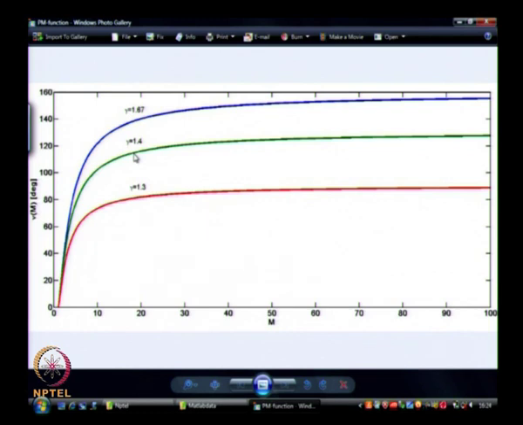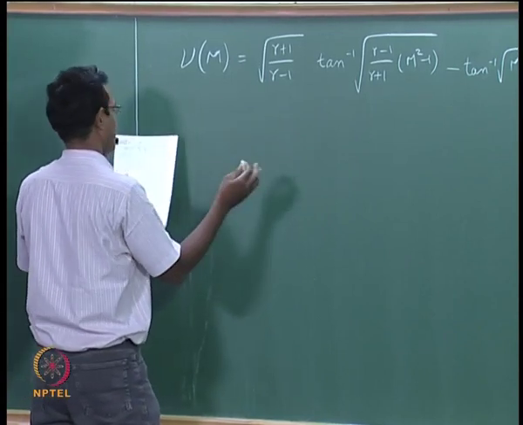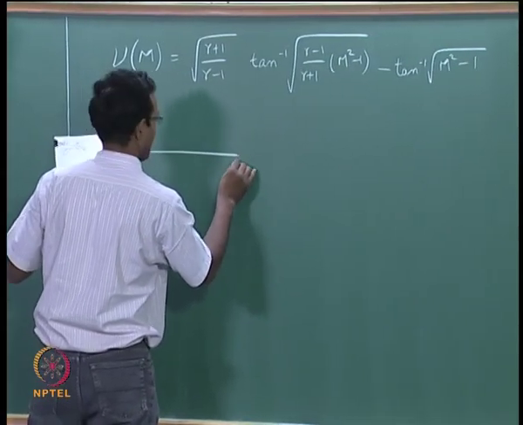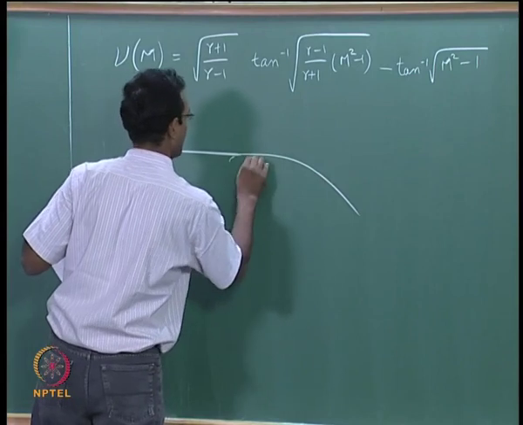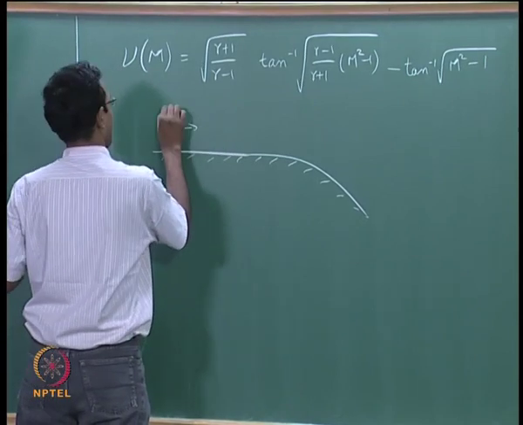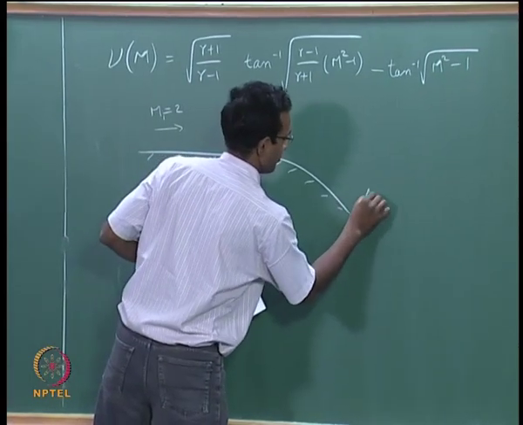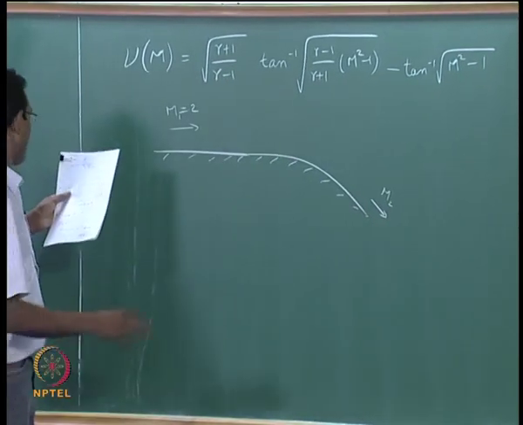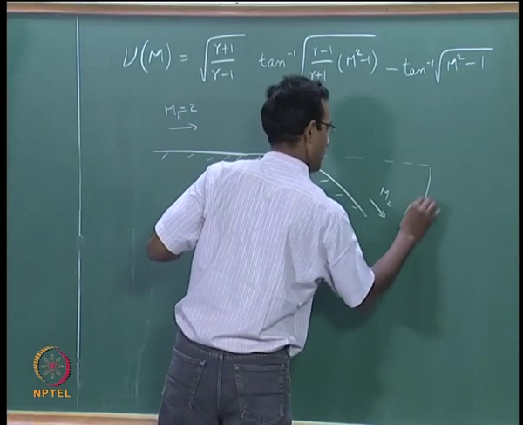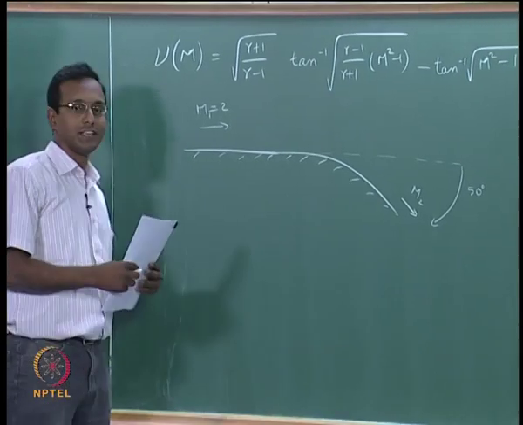Let us go to the board again. We did this a little bit last time, but I will just give some numerical examples. Let us say I have a smooth expansion corner, and I am going to say I have Mach number equal to 2, M1 equal to 2, and I am going to call this situation M2, and I am given this angle to be 50 degrees, the net turn I am giving for this flow is 50 degrees, let us say.